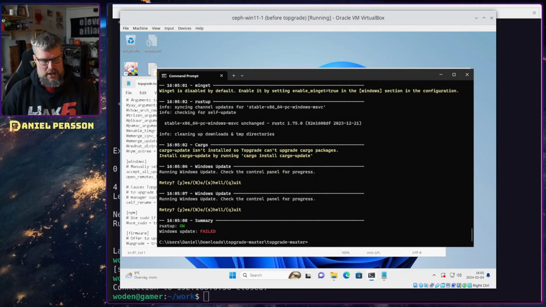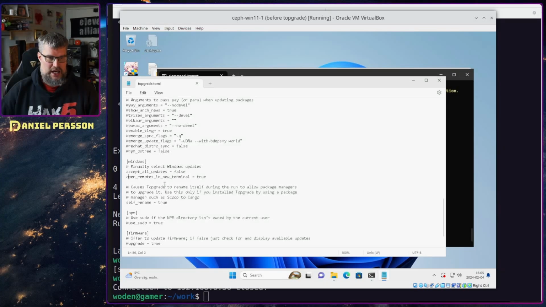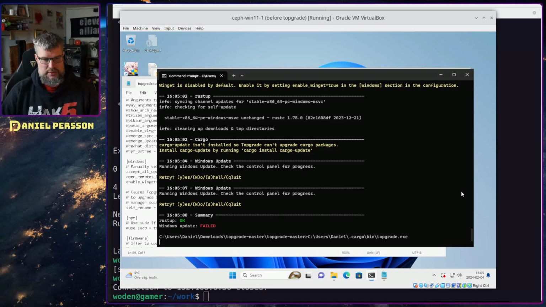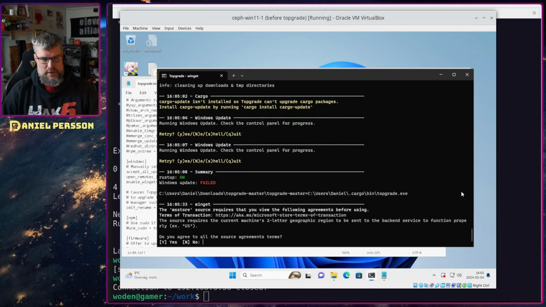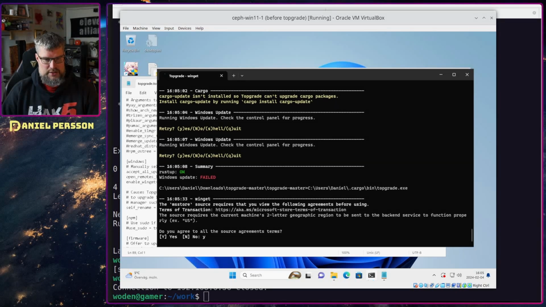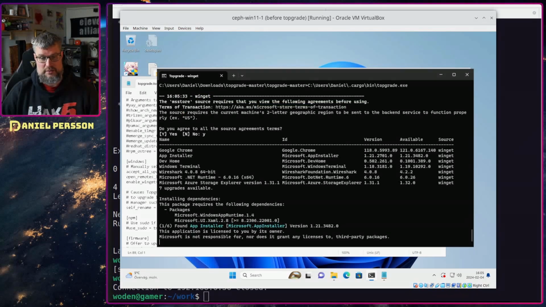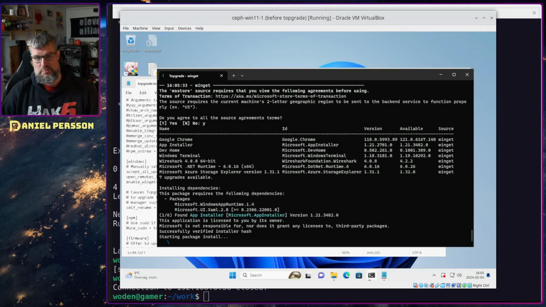Actually, no. So the interesting part was that I got it to run with winget in my setup. Setting enable winget true under Windows. So why didn't it put that in here in my configuration file? Very strange. Let's try that again. Let's see if we can run it with winget. Yeah, now it runs winget. Do you agree to all the agreement terms? Yes. So now it will go through and update a bunch of both first-party and third-party applications on my system